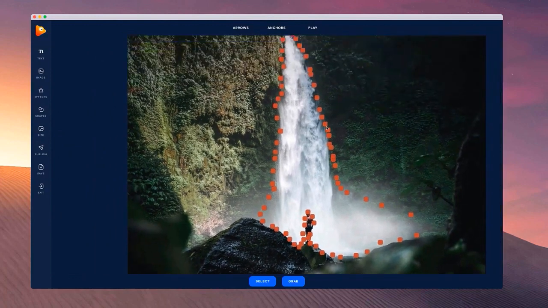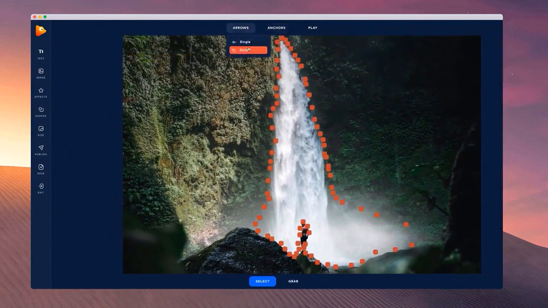What I want to do is add some arrows to make the image move. So I'm going to select single and just simply click and drag. And what you want to do is not make the arrows too big. You kind of want to make them this kind of size, depending on how much motion you want to add. The bigger the arrows, more motion you'll add to your picture. So you just want to kind of draw it out like that. We can keep going, add some more arrows,